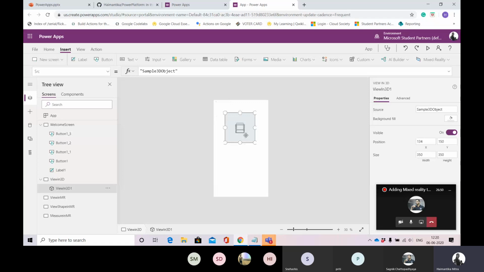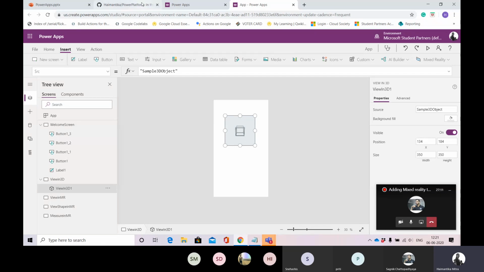So this is the sample object that we have. Now the main thing is, if you want to add any 3D object, I'll show you an example of adding a 3D chair. If you want, you can use your imagination. For those who are Pokemon Go fans, you can add a 3D picture of Pokemon Go. And how to add that, this is important.